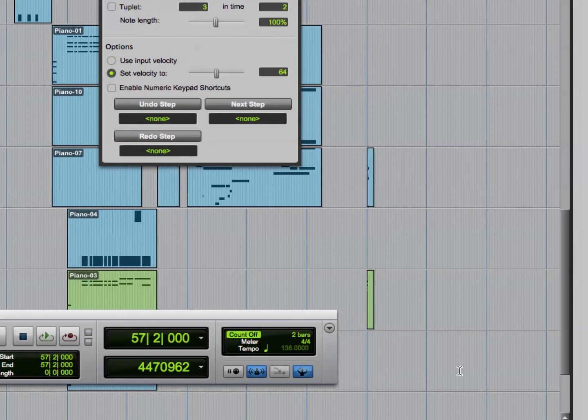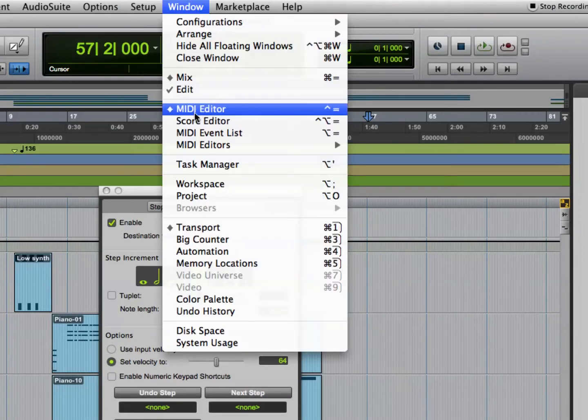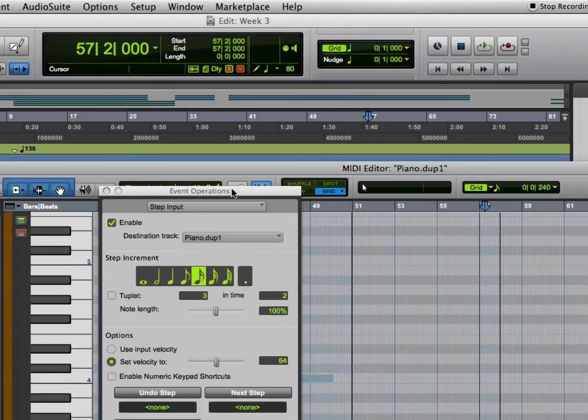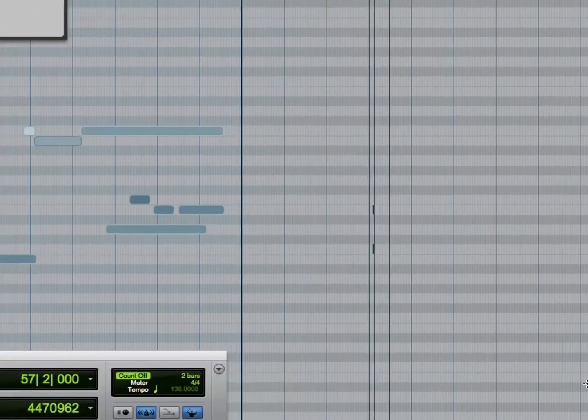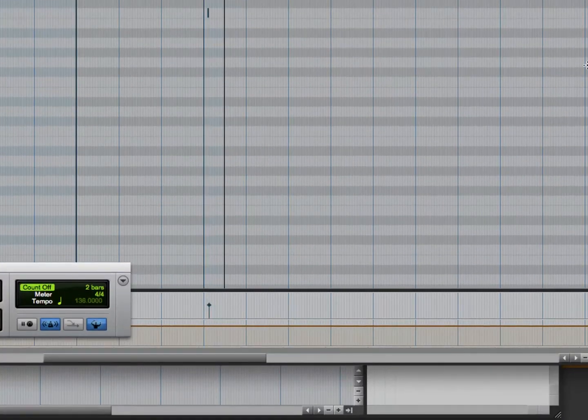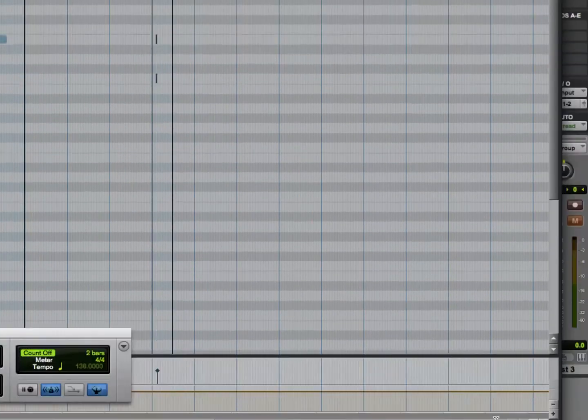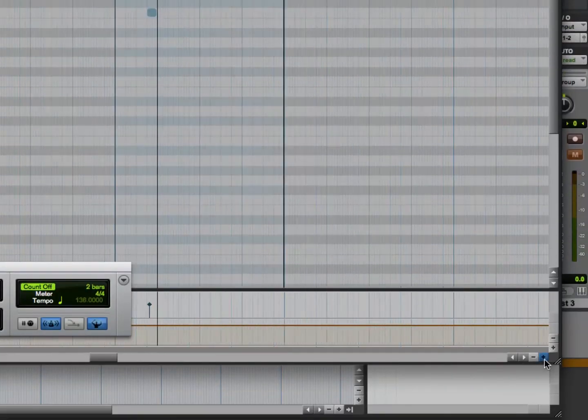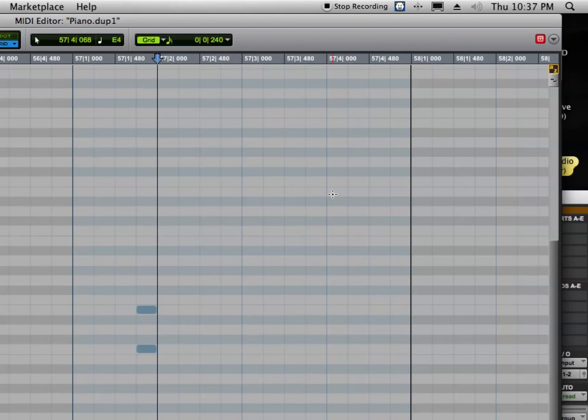Okay, so we can start a little higher. So notice what it's going to do. I'll bring up the MIDI editor so you can see it. It's literally going to just apply the notes as I play them. So I'm going to zoom in a little bit more so you can see this. But instead of actually recording, it's only going to apply the notes as I play. So this is really easy because if you aren't real familiar with making chords, you can do it fairly easy